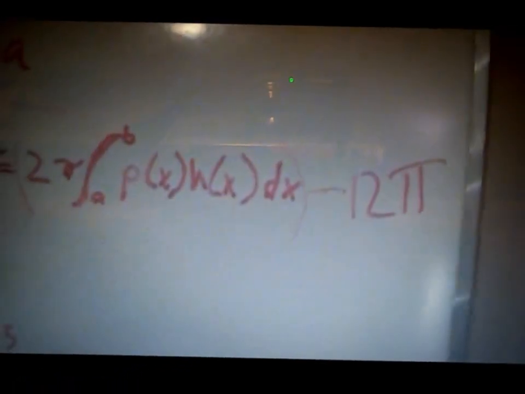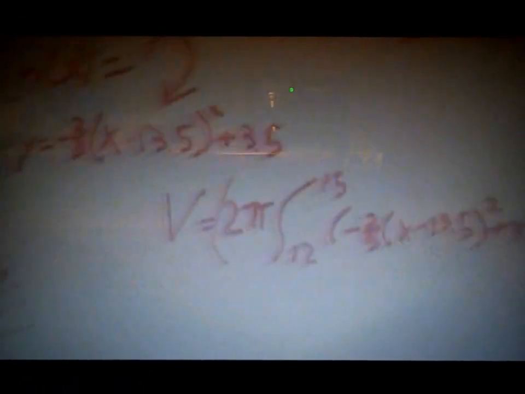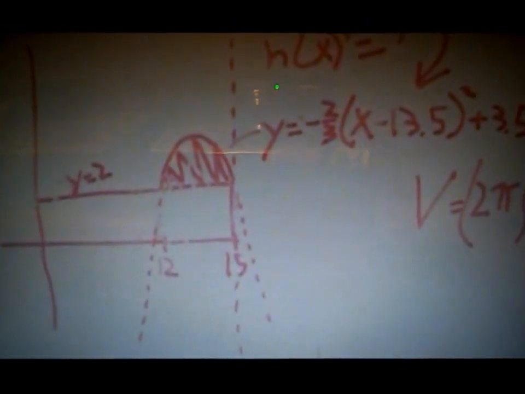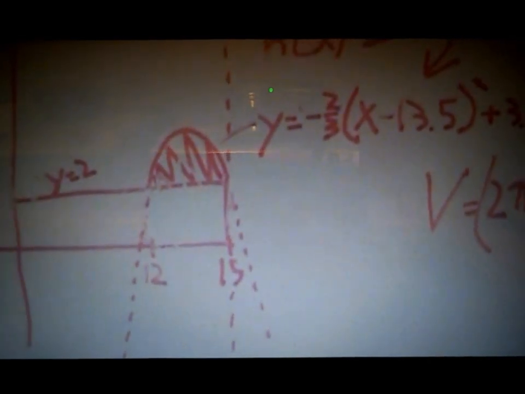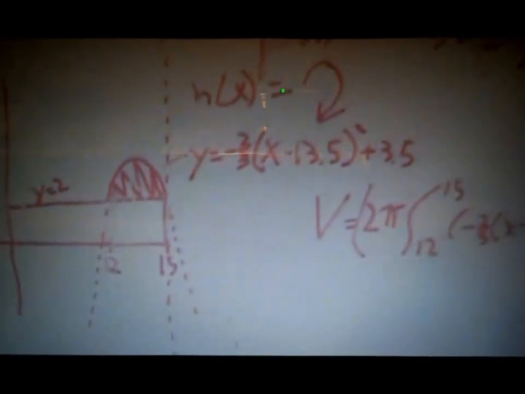Okay, after that we decided that we had to subtract 12 pi because there's an area underneath the y equals 2 or 6. And since we're revolving using shell, we have to multiply that by 2 pi, which turns it into 12 pi. Okay, from there, we